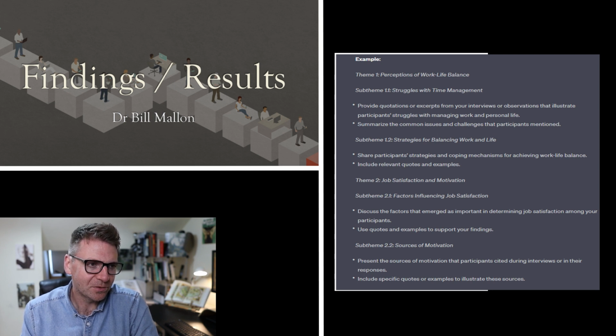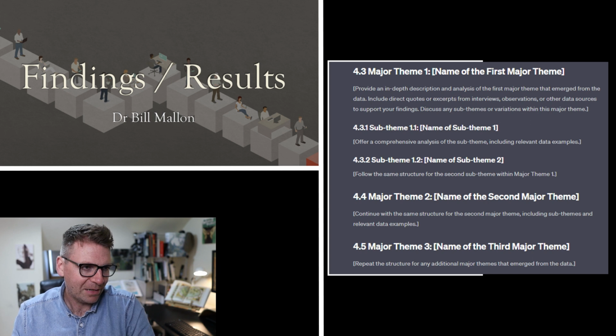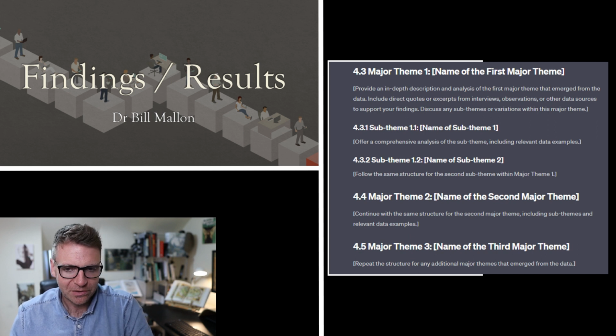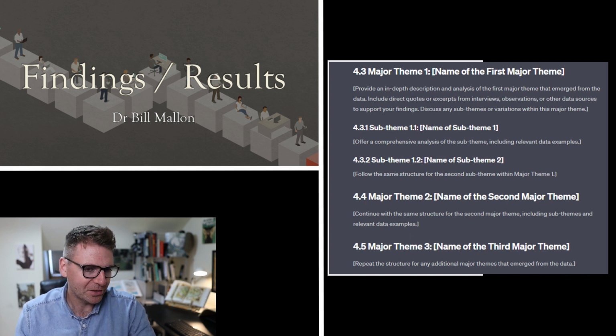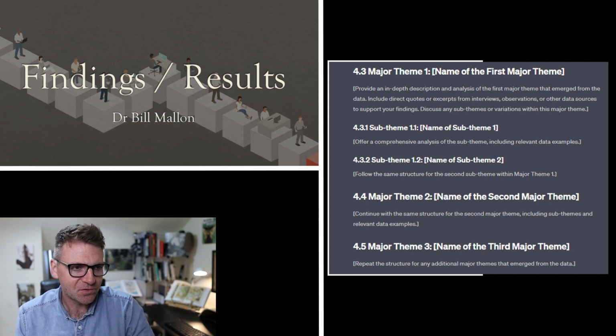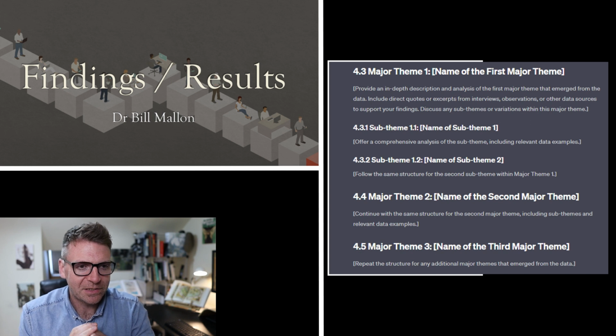So the worst thing you could do is put theme 1, let's just say perceptions of work-life balance, and then the rest of that chapter is basically theme 2, theme 3, theme 4, and it's just info dumping quotes. So always mix it up, always have a summary of a quote. You can put in a block quote, and then afterwards a summary. Just break it up, make sure it doesn't look like you're just dumping in quotes, or like you're summarizing too much, because you do have to have some proof that the participants actually